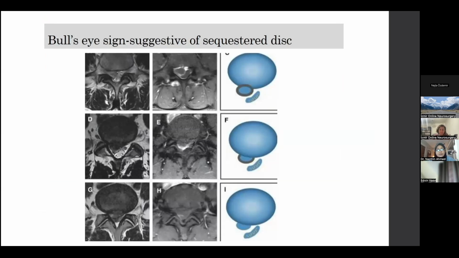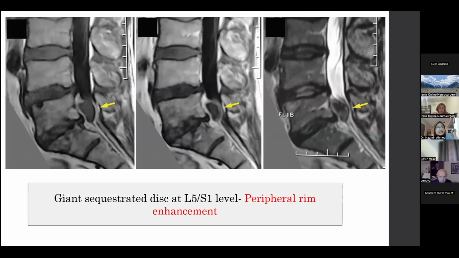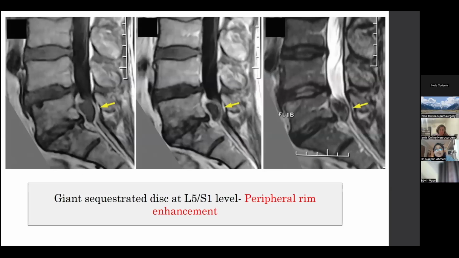So what are the suggestive radiological signs of a sequestered disc? That is the bullseye sign. Sometimes the sequestered disc has a classical peripheral rim enhancement, so this is known as the bullseye sign. Sometimes it can mimic some intradural or extradural lesion, but basically it is sequestered disc material. This is another example of a giant sequestered disc, which also classically exhibits the bullseye sign, that is peripheral